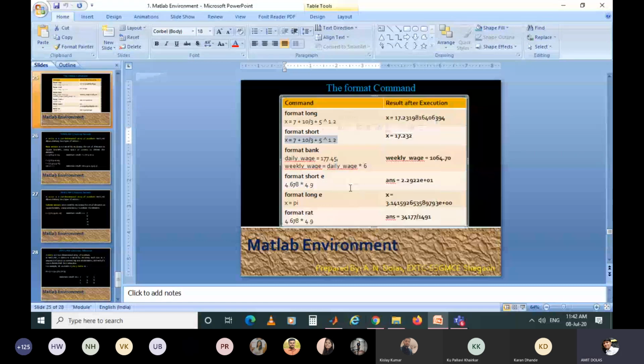Which one did we execute first? We executed the short one. So I will go for format long. Is it a similar example? We have to write format long.